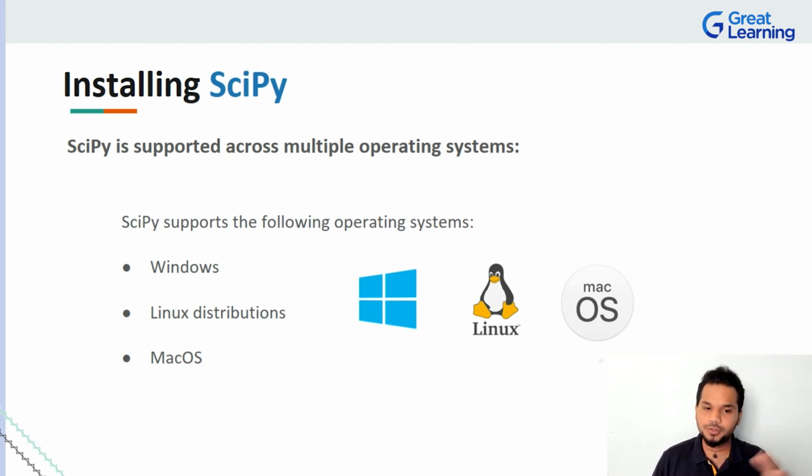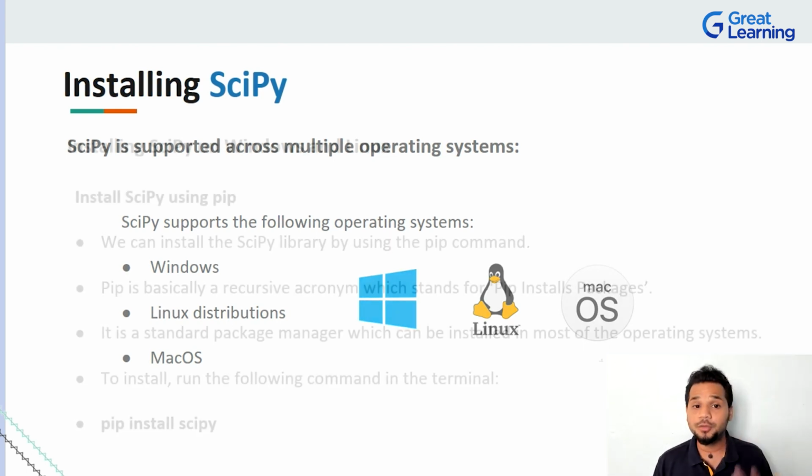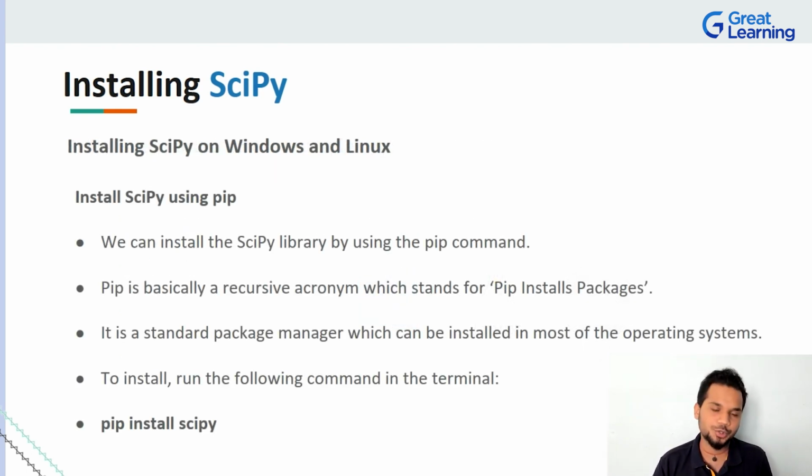So, if you're using either one of these, I'm sure you guys viewing this will be using all 3 of these, or you have definitely used either of these, right? So it's going to be a real simple process to install it. We're going to be dividing the installation into 2 steps. One place where we'll be discussing Windows and Linux, and the other one is slightly separate because Mac and Apple have their own architecture to play with, right?